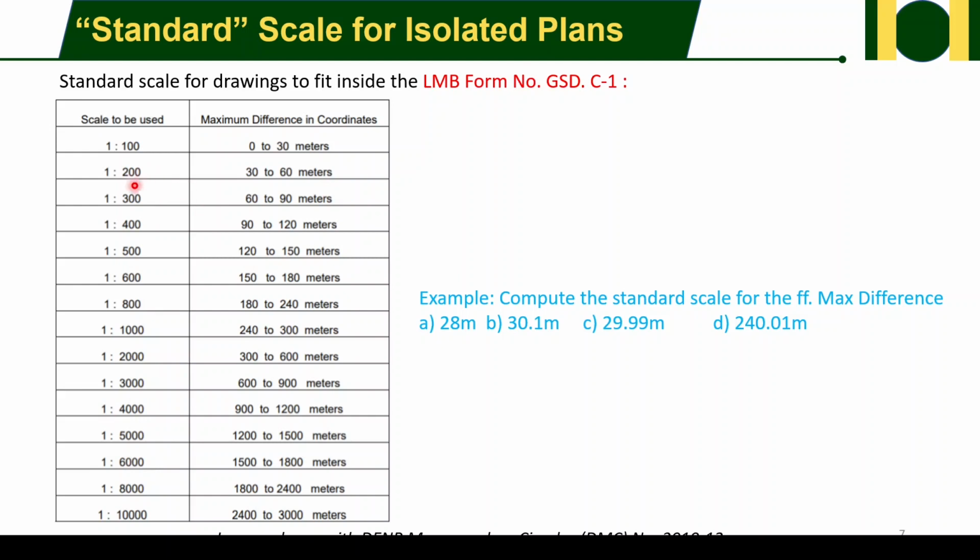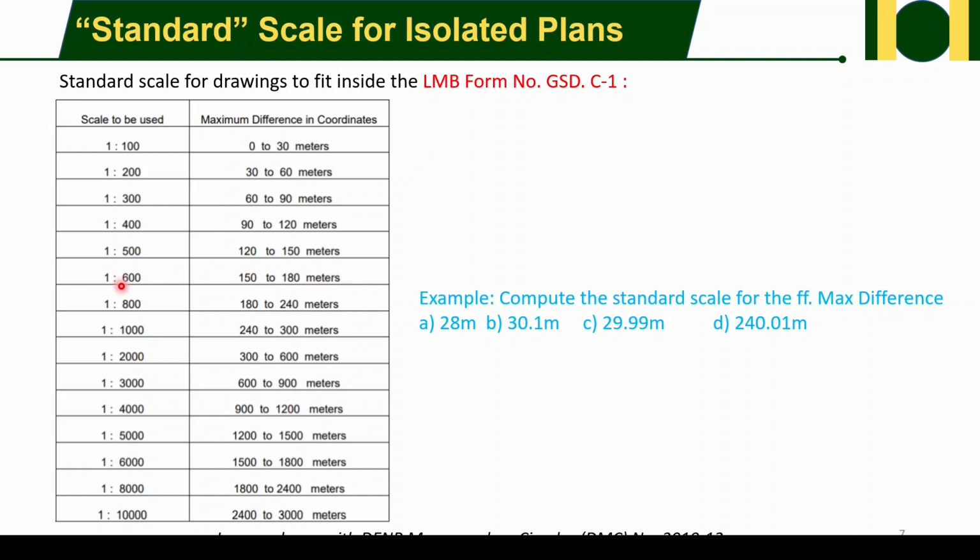So when do we use each scale? You have to look at the maximum difference in coordinates. These are the ranges of the maximum difference in coordinates. If the maximum difference in coordinates is 0 to 30, then you have to use a scale of 1 is to 100. If the range of maximum difference is between 150 to 180 meters, then you have to use 1